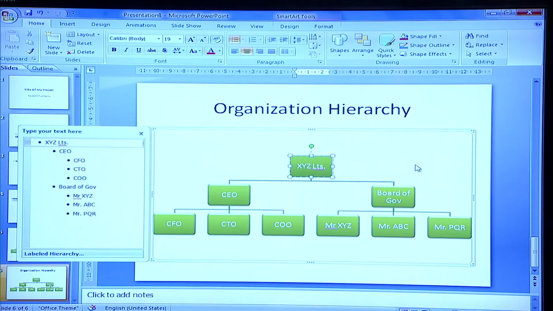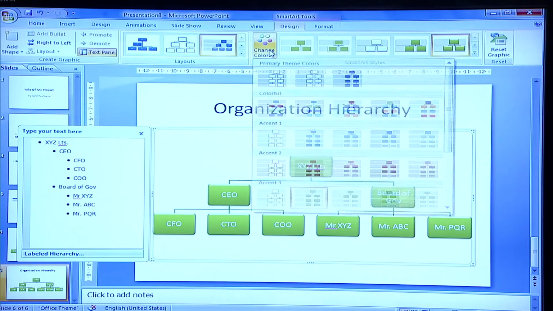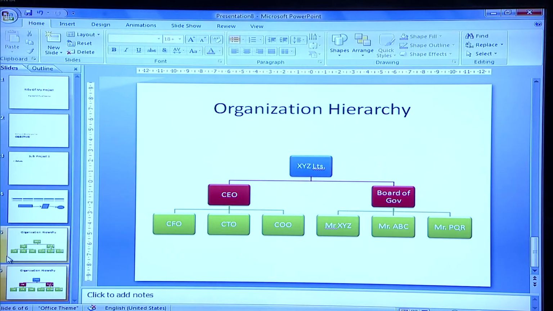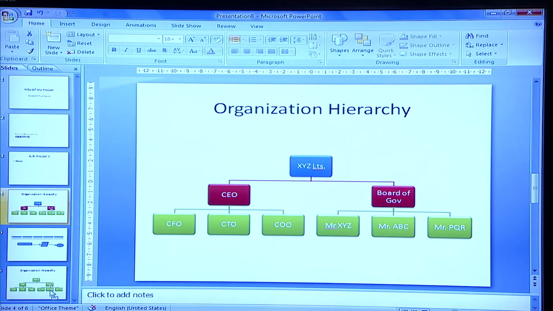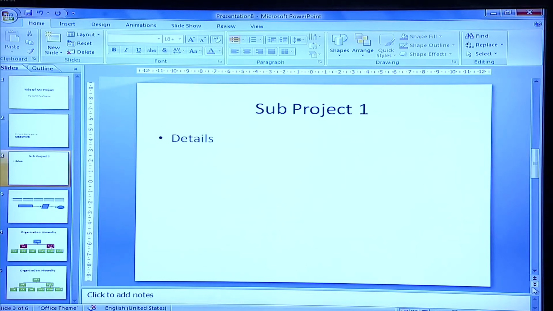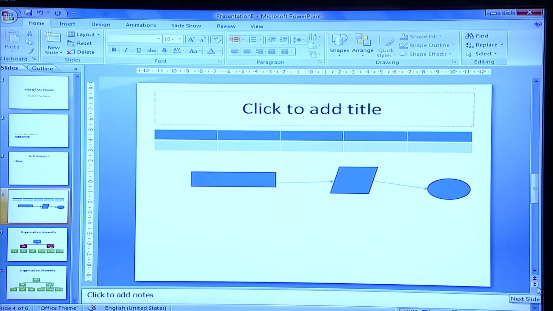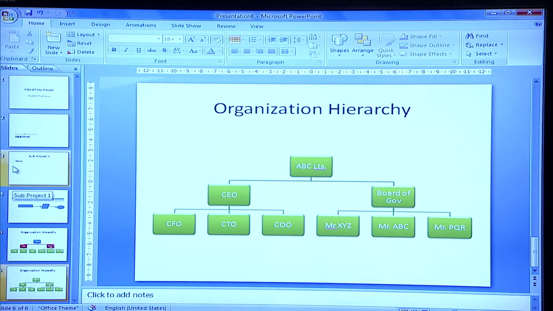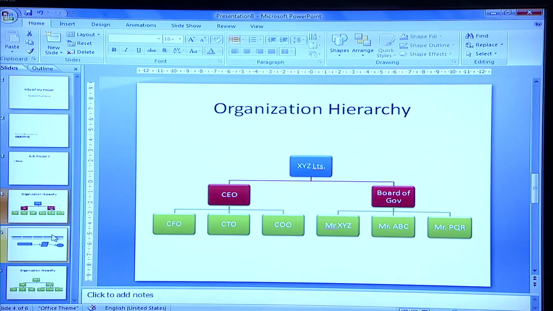So these are some tips to work on your data entry more efficiently. Now you can duplicate the slide. If you want to move these up and down, you can do it simply by dragging and dropping. So this is one way of arranging your slides. Another way of arranging your slides is to navigate, and then you can cut and paste. So that is another way. You can also navigate and cut and paste simply as you do it with your other objects in Office. So these are the ways of working with the slides.